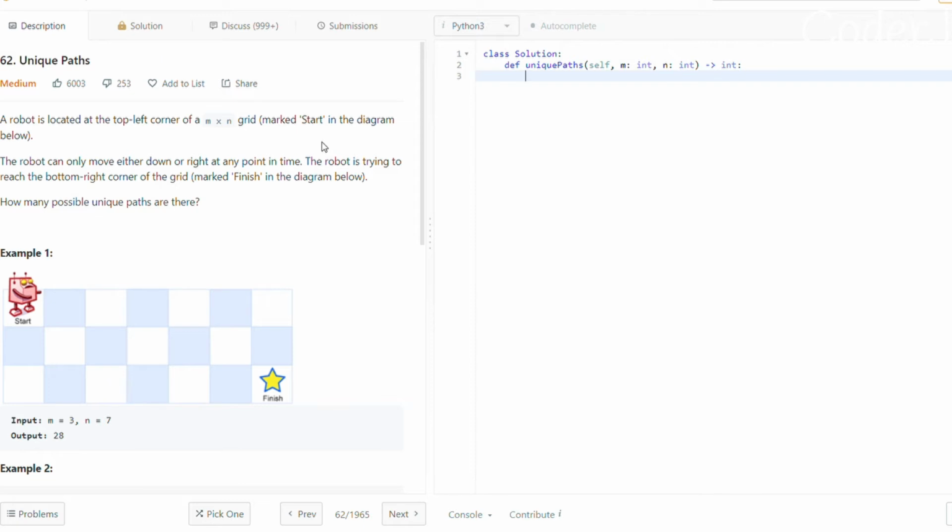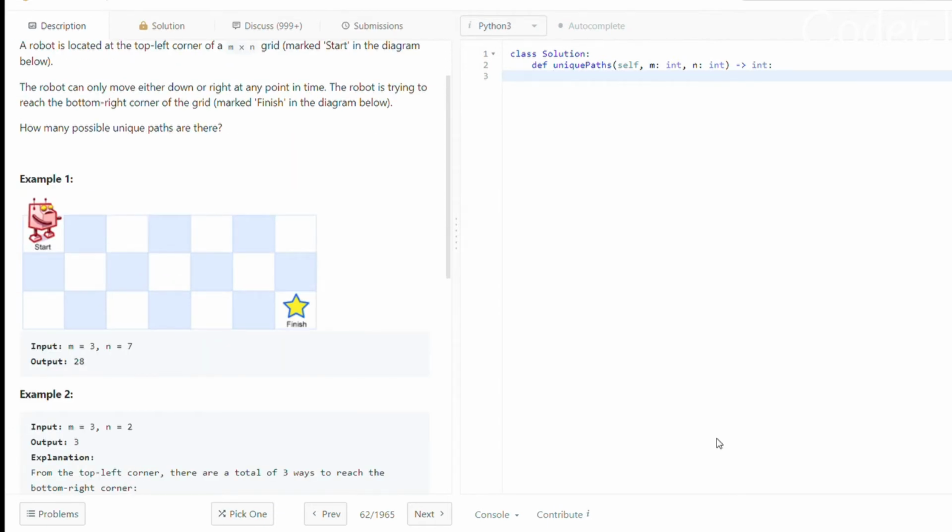Okay. So in this question we have an m cross n grid, and the robot is located at the top left corner and he has to reach the bottom right corner, and we have to find the total number of unique paths that the robot can follow. Now what makes this question pretty easy is that there are no blockers in between. Anywhere you can traverse on any of the cells, and also it has been given to us that the robot can only move either downwards or in the right direction. Okay, so that makes it pretty easy.